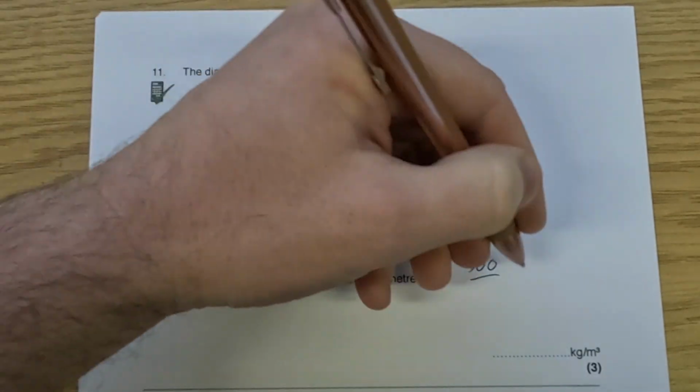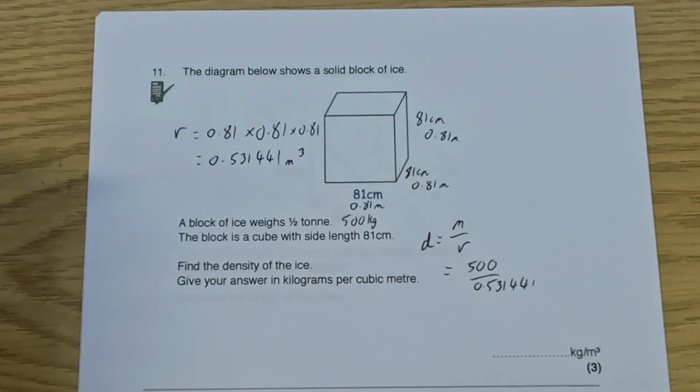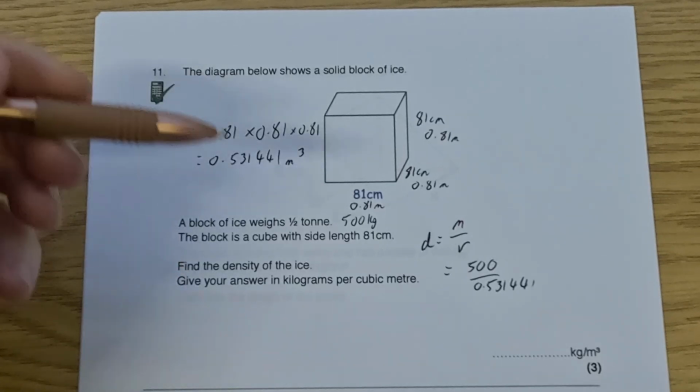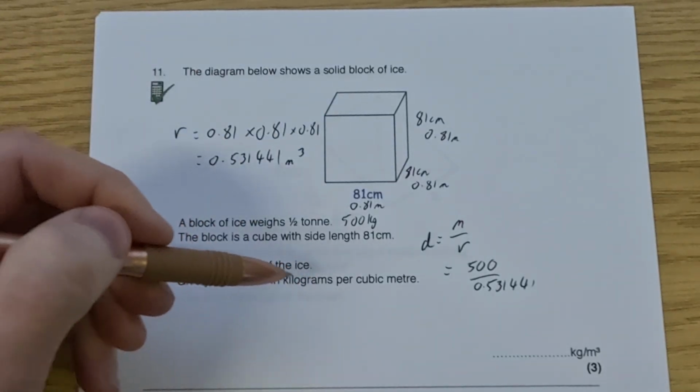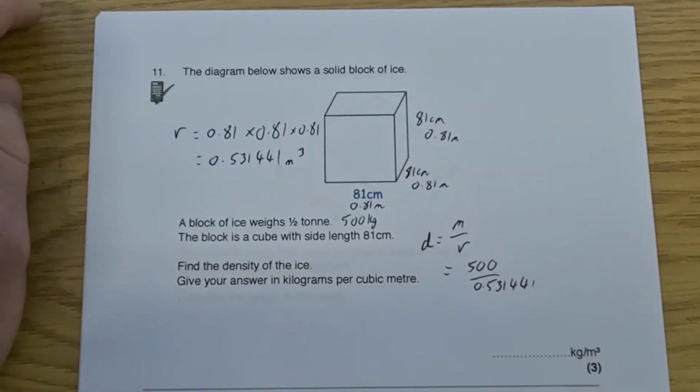So the mass is 500 divided by the volume, which is 0.531441. So if we just type this into our calculator and press equals, then that will give us the density of the cube in kilograms per cubic meter, or kilograms per meter cubed. So let's type that in. 500 divided by answer is equal to